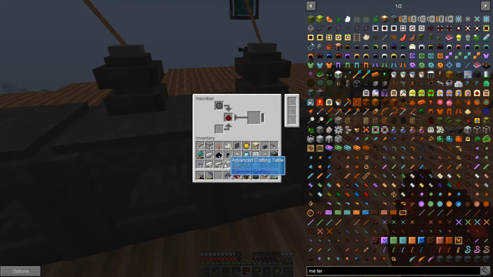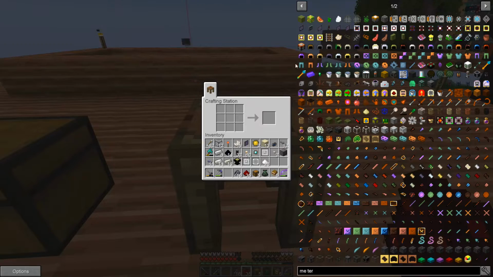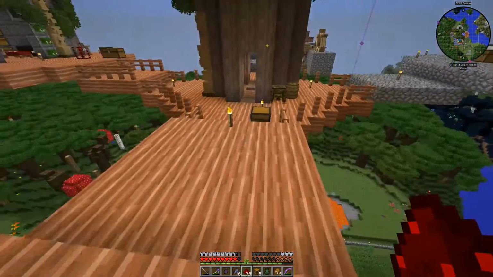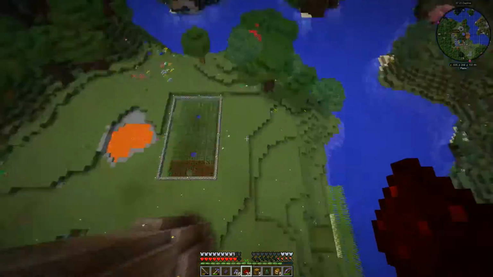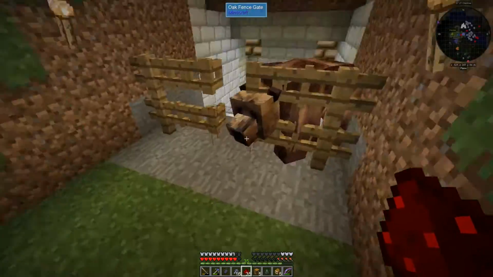And this should all be able to go in here and craft up. And then we'll have this. Okay, here we go. Here we go. ME crafting terminal. Bang. Done, son. Now, let us go down here. Oh, man, we're going to have to do some work to get...